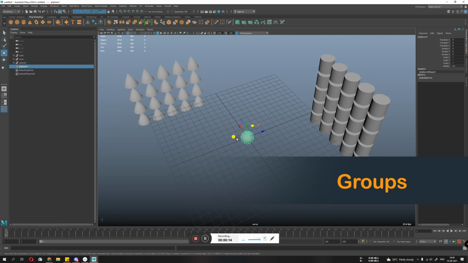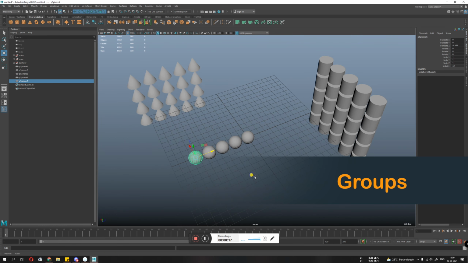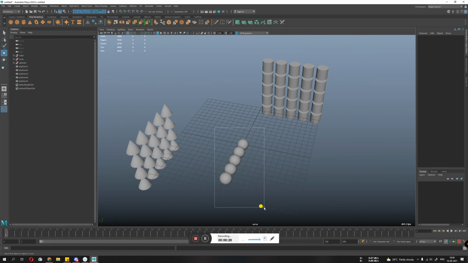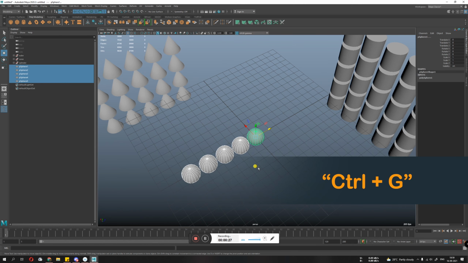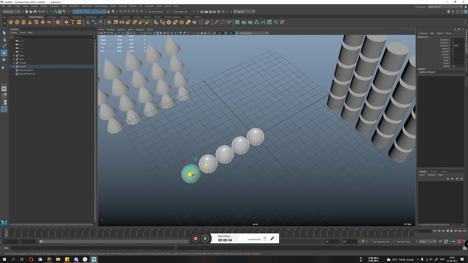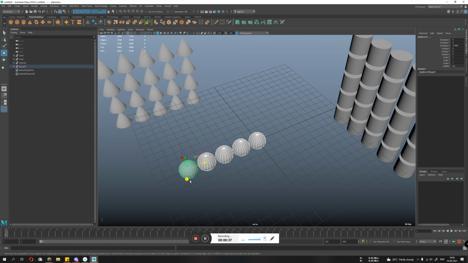I have taken a sphere ball and made a bunch of duplicates. So you can see all your spheres right here. You can create your group just by pressing Ctrl G. I pressed Ctrl G and you see everything turned green. If you select multiple objects, one object will stay green and the rest will stay white. That is the sign of a selection of multiple objects. When you select a single object or a group, the entire object will stay green.